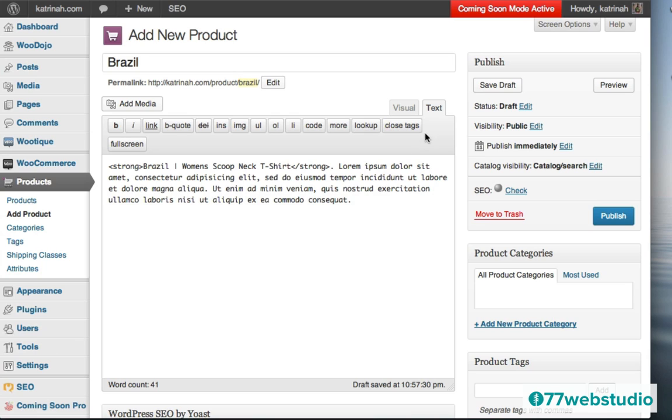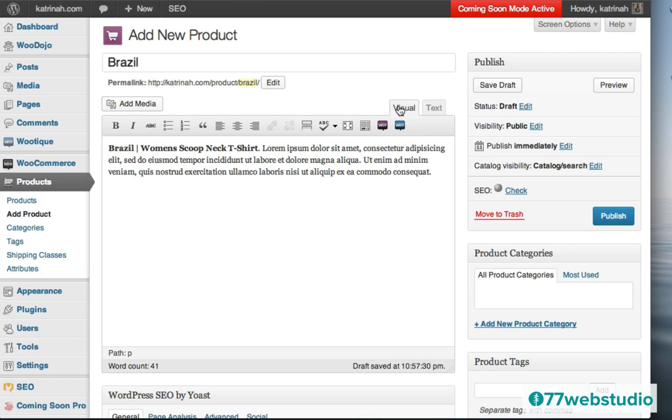So we see here by clicking on the text view, now WordPress has added this strong code here for the bold. It's a bold HTML code, the opening tag, and then here we have the closing tag as well. So the good news is that you don't need to know any code with WordPress. You can simply stay in the visual view, and WordPress will generate all of the code for you.